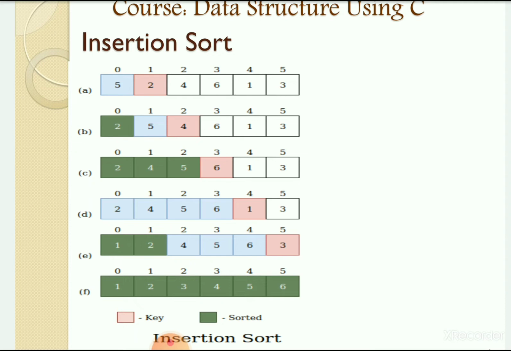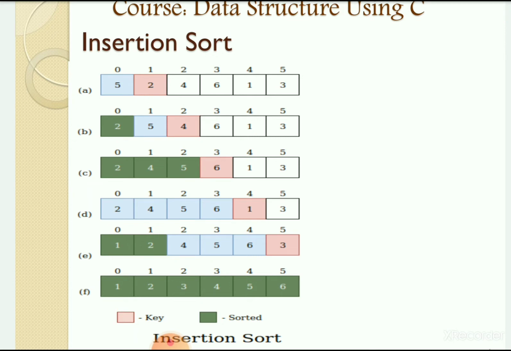Then what we will do is compare the 4 with the first element, that means 4 compared with 5. Here, when 4 is compared with 5, 4 is less than 5, and for that we have to shift the element 5 one place to the right. So 4 we store in a temporary variable, 5 we shift to the next position, and then the blank space is there at the first position, and at that point we insert the element from the temporary variable, that is 4. So 2, 4, 5 will be there.